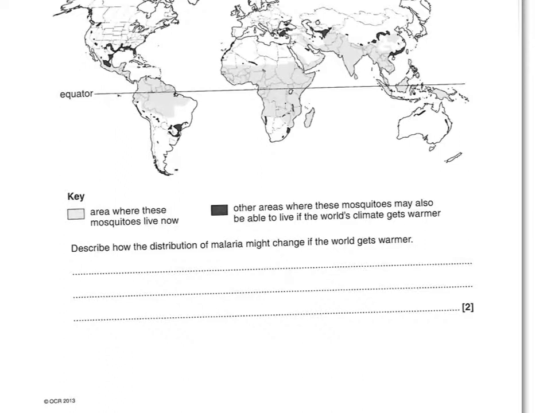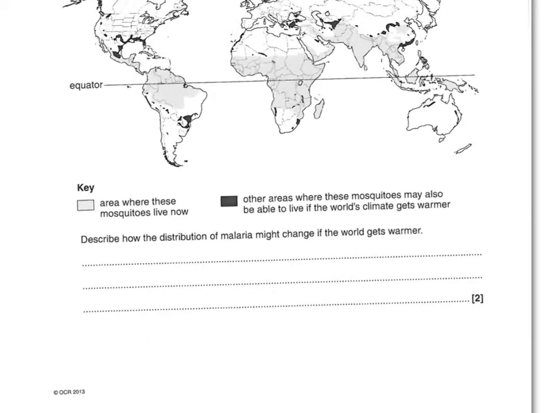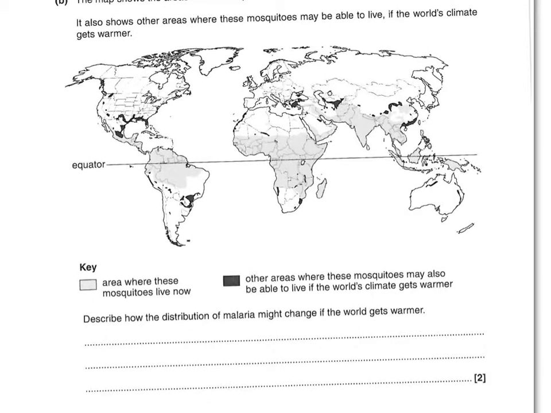If you just put that more areas will have malaria cases, because there are more mosquitoes in other places, remember, mosquitoes spread malaria, that gets you 1 mark. But if you put something like that there are areas further away from the equator that will have malaria cases, that also gets you a mark. So just saying that more people will get malaria gets you a mark, and the second mark is for saying that if the world gets warmer, then areas further away from the equator will also get